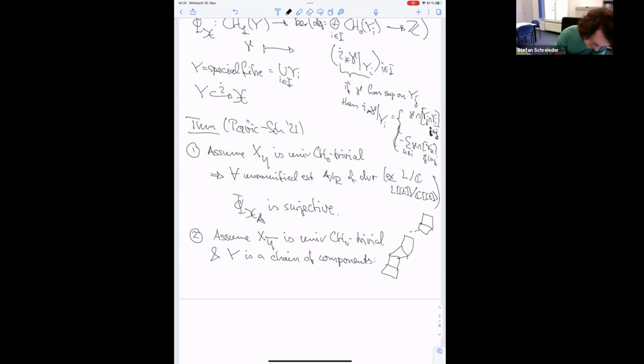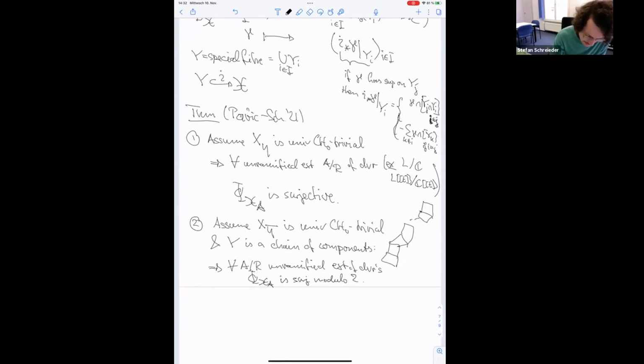And if we are in that simple case, then we still get a statement on X, and we get that for every unramified extension of DVRs, this map from above applied to the base change of curly X is surjective modulo 2. Okay, so what's the point about 2? Well,